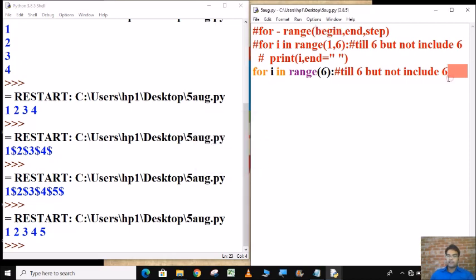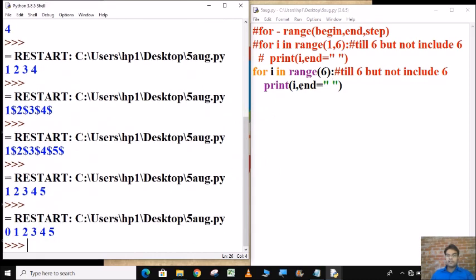We are not printing anything, so let's add a print i. See, it is printing from 0 and it will not include 6. It will move till 6 but not include 6. So this is the second way.